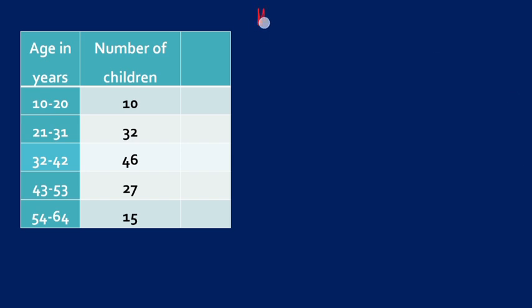The median class is determined by the use of the formula n over 2, which will give us the estimated location of our median class. So since our n is 130, if we divide it by 2, then our median is in the 65th to